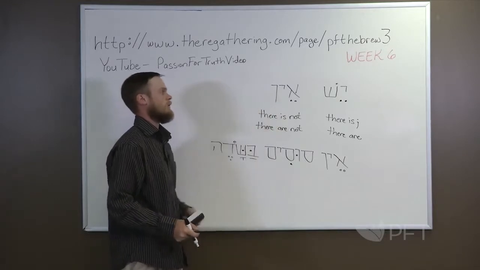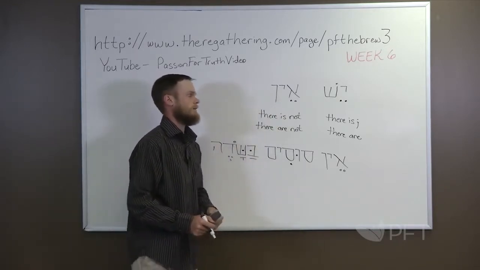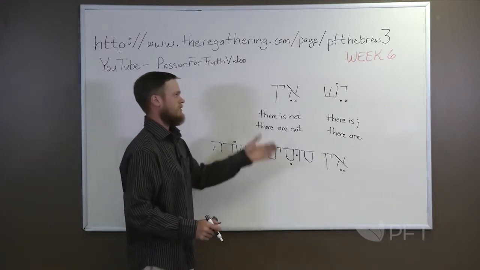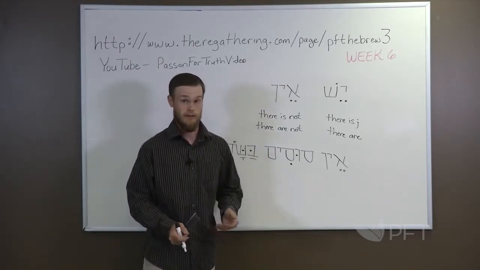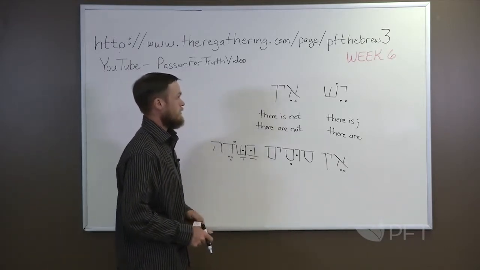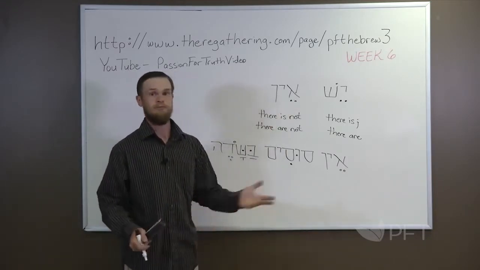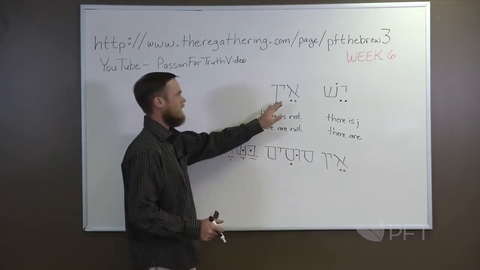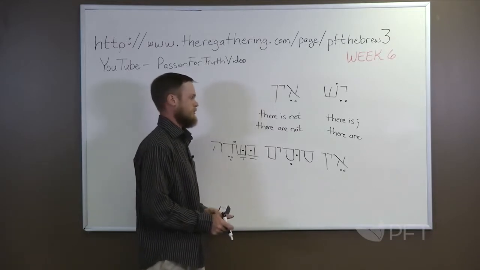All right, so ein is a word that you will find. Yesh you'll find as well, but I suspect you'll actually find ein more frequently, because it's not really necessary to state that there is something. You can just talk about something as though it's there. But when you're talking about something that isn't there, you have to sort of conceptualize that by saying there are no whatever. But anyway, philosophy aside, yesh and ein are considered adverbs, although their function is kind of,